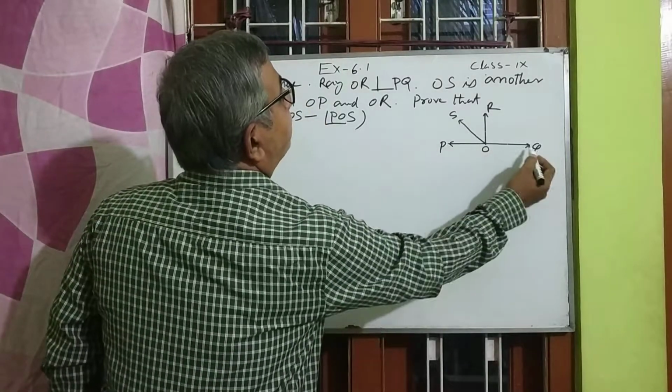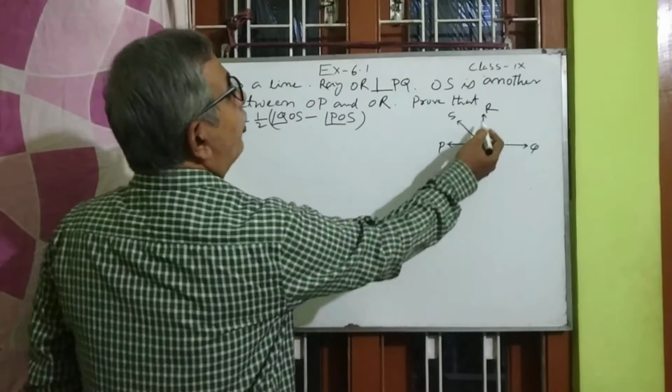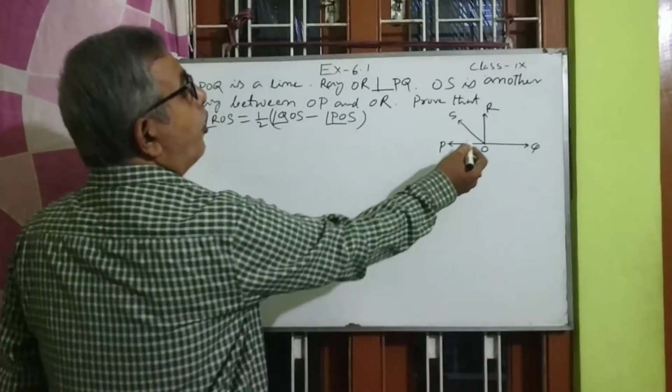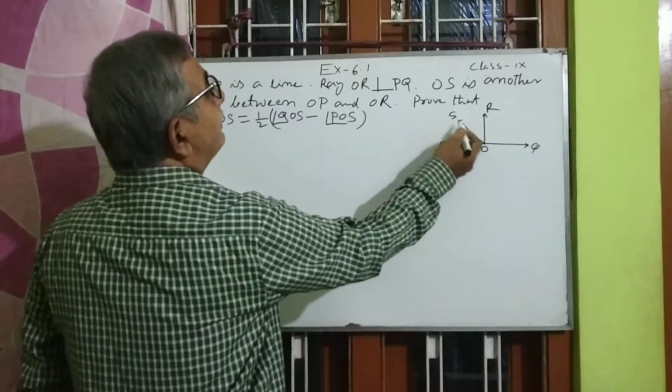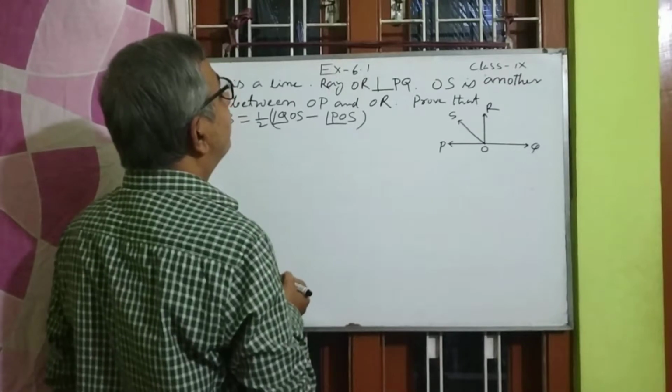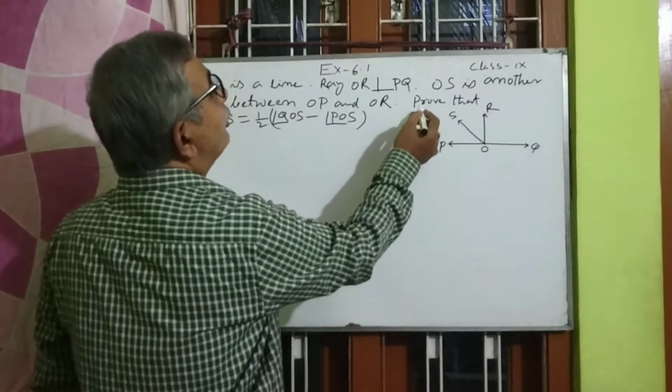POQ is a line and OR is perpendicular to PQ. OS is another ray between OP and OR. Now, what is to prove? You have to prove